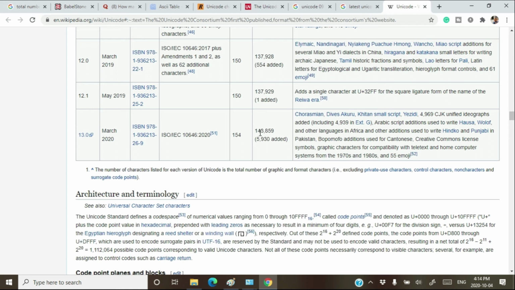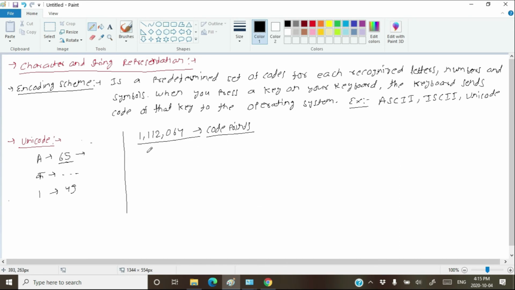Okay, we have only 143,859 characters present in the Unicode. After March 2020, we have only these many characters present in the Unicode.